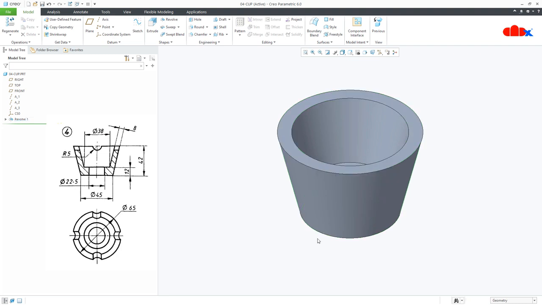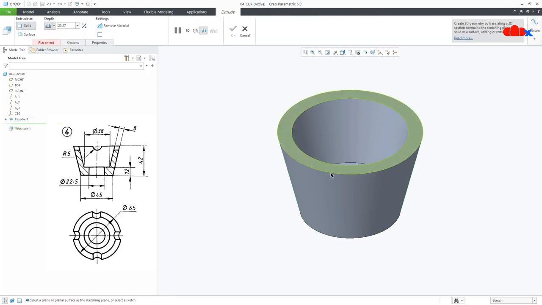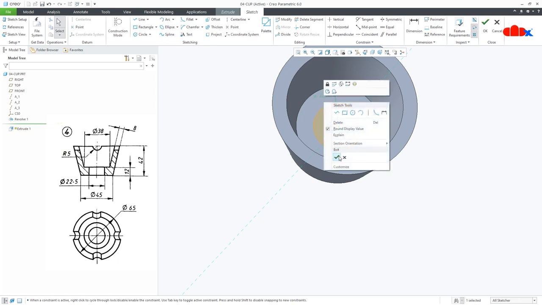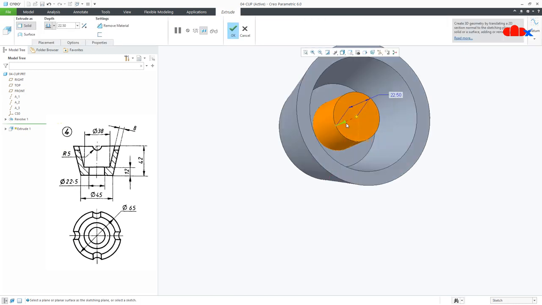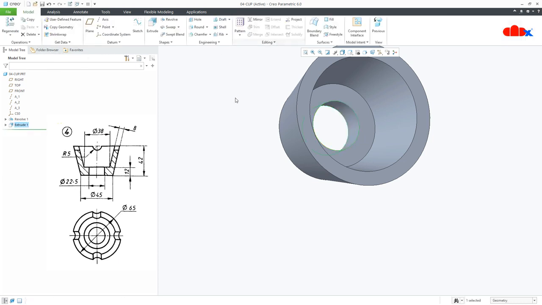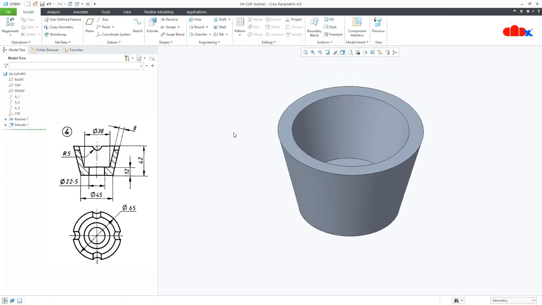Now for the next feature, go to extrude, select this surface, draw a circle, just like this. The dia of circle is 22.5. Say OK. Flip the direction and make it 2 next and say OK. Now the next feature is this small cut,